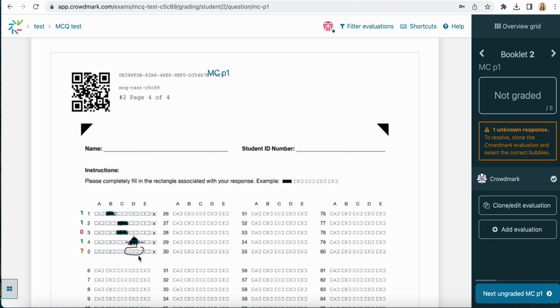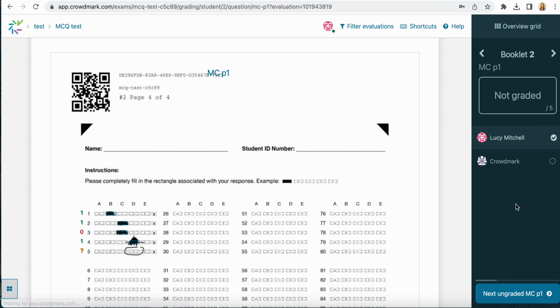There are 2 ways that you can do this. You can either select clone and edit evaluation. What this will do is keep the current selections, and then you can confirm just that last choice for number 5. Otherwise, you can add an evaluation, and that will give you a completely clear evaluation, and you will go through and select for each of those questions. So let's clone and edit this first one, and then the second one we will look at creating a new